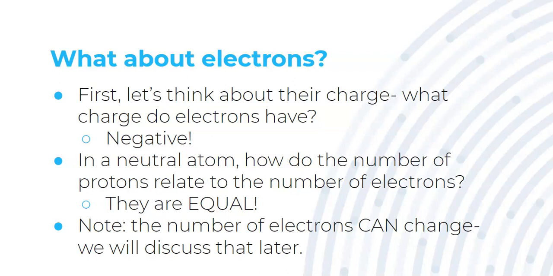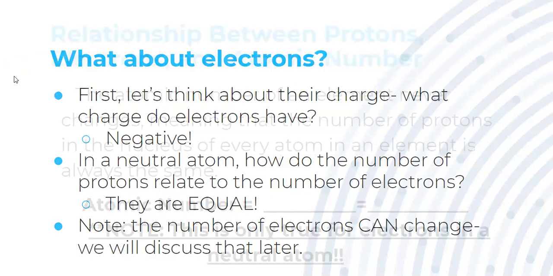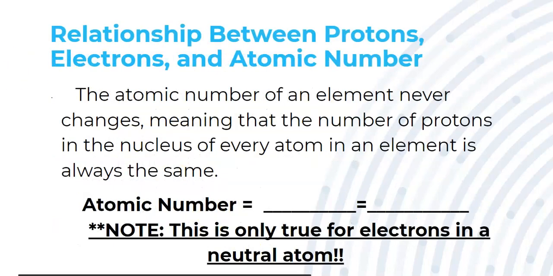So for now, we know that the protons are equal to the atomic number, and for the time being, the electrons are the same as well, since we're talking about neutral atoms. All right, so the relationship between protons, electrons, and atomic number, how would you fill in those blanks? The atomic number equals the number of protons, and it also equals the number of electrons, but again, only in